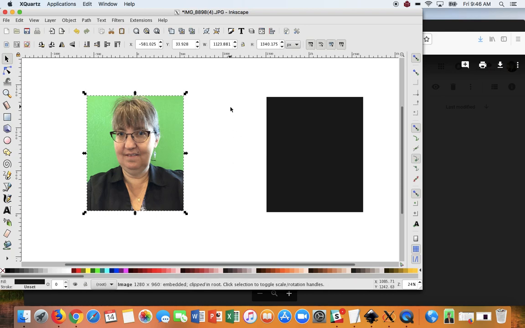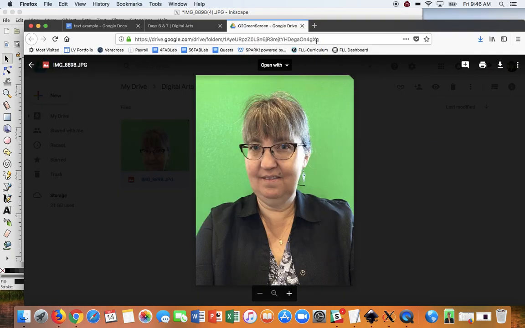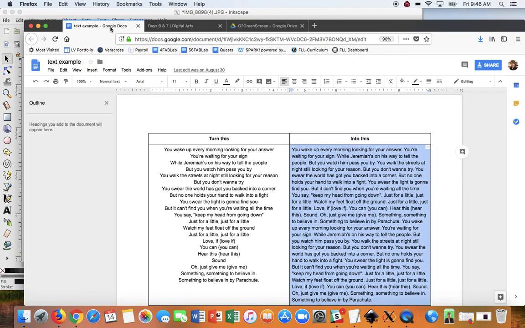The next thing I need to do is go get that text that I'm going to use for my text portrait. I picked a song, and you should have your song or whatever, lyrics or poem or words from a book, whatever you're doing, in your Google Drive. I copied it from the internet, and it showed up like this, all centered, but the way you do text portrait, it's got to be all together, so you're going to need to get rid of any line breaks. So I'm going to copy this,